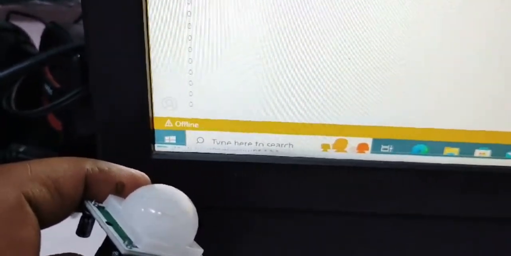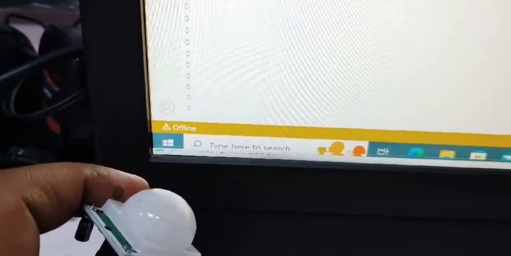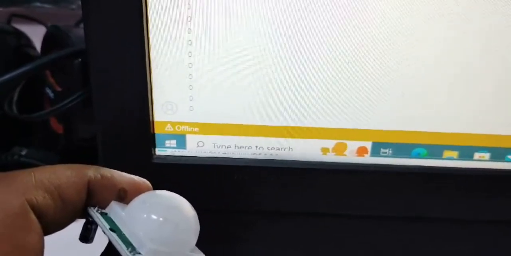So whenever there is motion, the motion is getting sensed, and that sensed motion is the value printed as 1. As I move this, the 1 value is getting printed, so it is sensing the motion. Whenever it is stable, you will have the 0 value, and then you will have the 1 value. Likewise, it will be working. So you know that whenever you print 1,